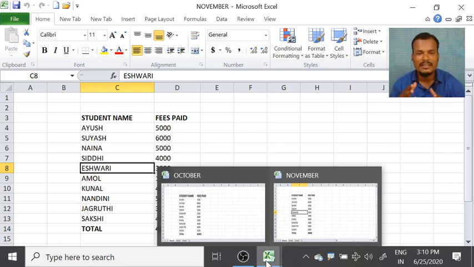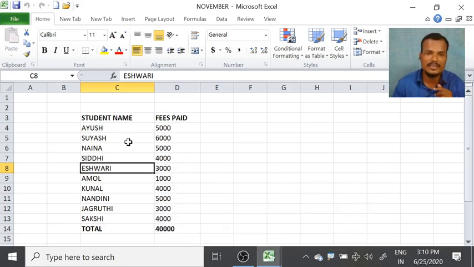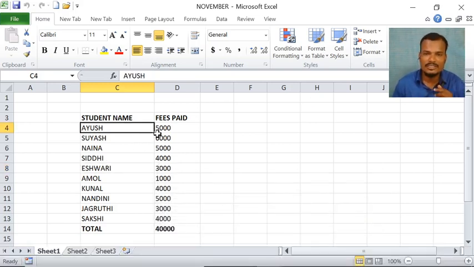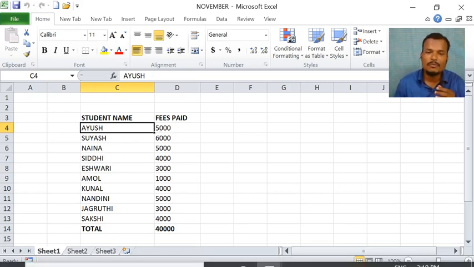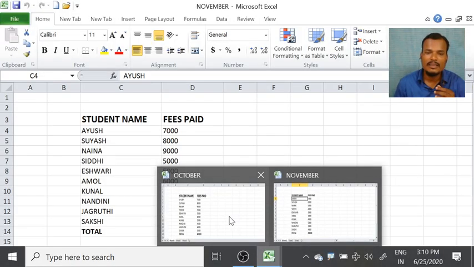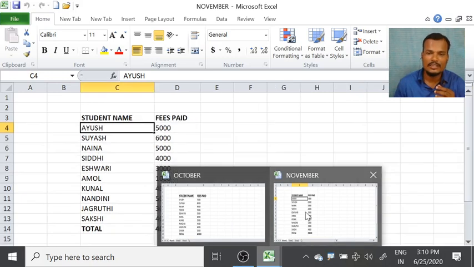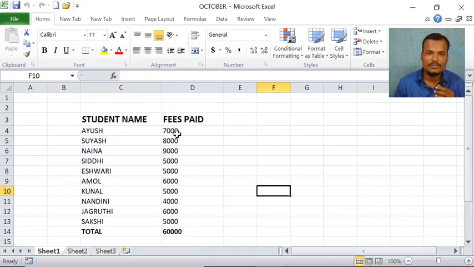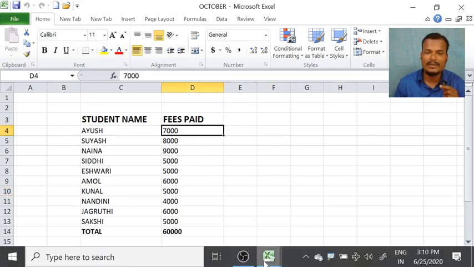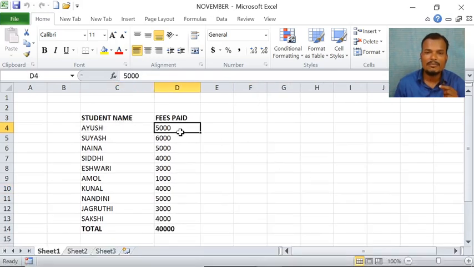Merge is nothing but October data, same students, some fees paid. In November month, same students, some fees paid. Now I want the total amount. Suppose the first person is Ayush. In October month, how much fees did he pay? 7,000 in October. In November, 5,000 paid. That means in total how much did he pay? 12,000. So like that, in one sheet,